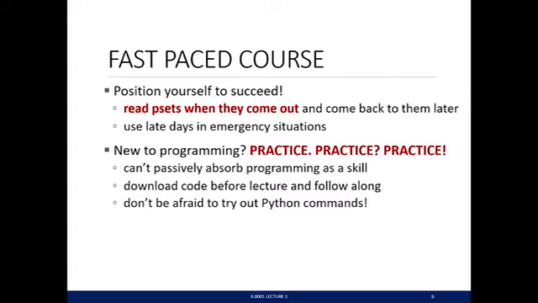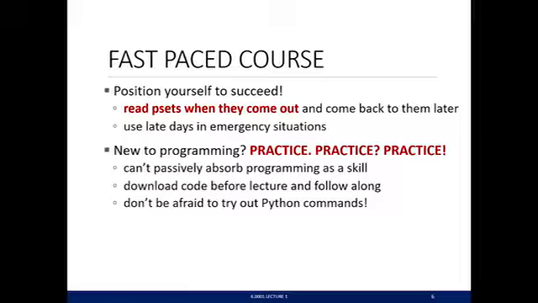The first thing was I just read the P-sets as soon as they came out. I made sure that the terminology just sunk in. Then during lectures, if the lecturer was talking about something, suddenly I'd remember, oh, I saw that word in the P-set and I didn't know what it was. Well, hey, now I know what it is, right? So just give it a read. You don't need to start it.